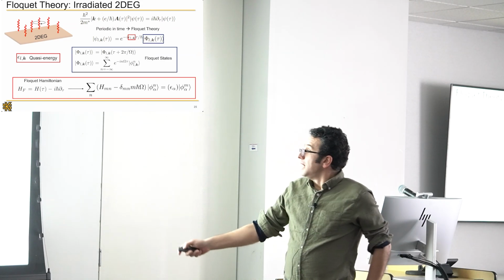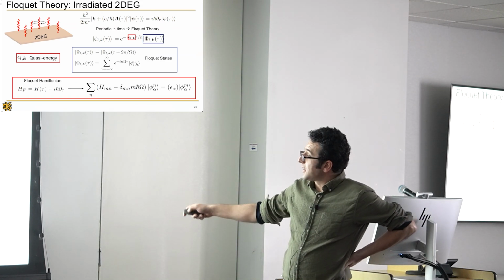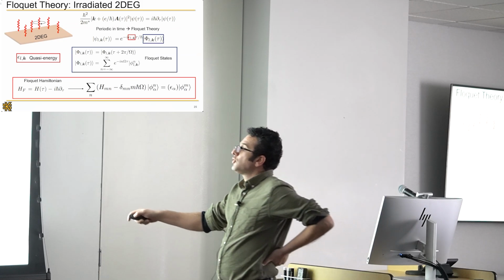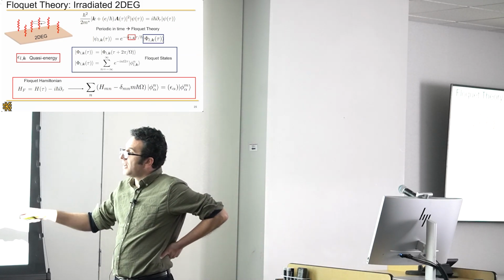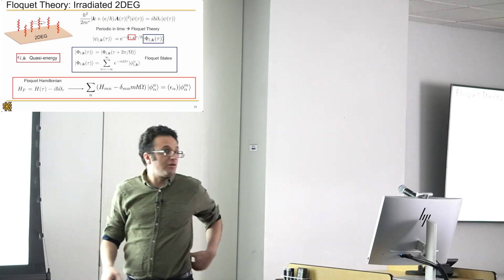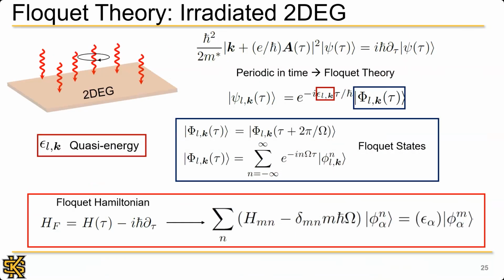So, using the Fourier representation of my Floquet states, I can plug this back into my Hamiltonian, so I get rid of all the time dependence that I have in my Hamiltonian, but I trade it off for a very big matrix that contains all the light-matter interactions in frequency space.